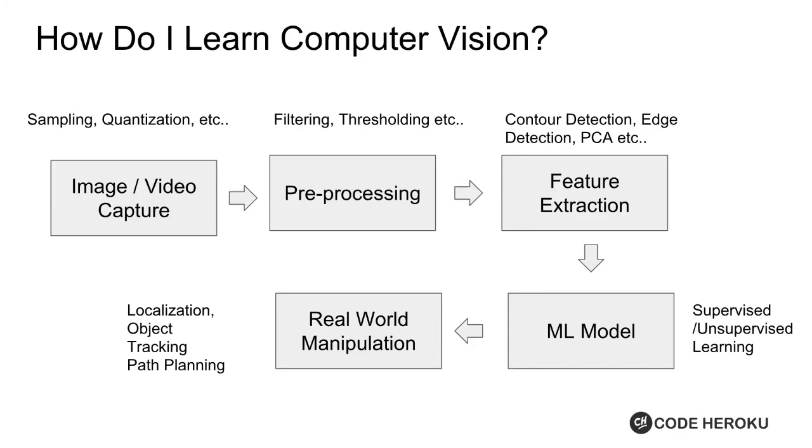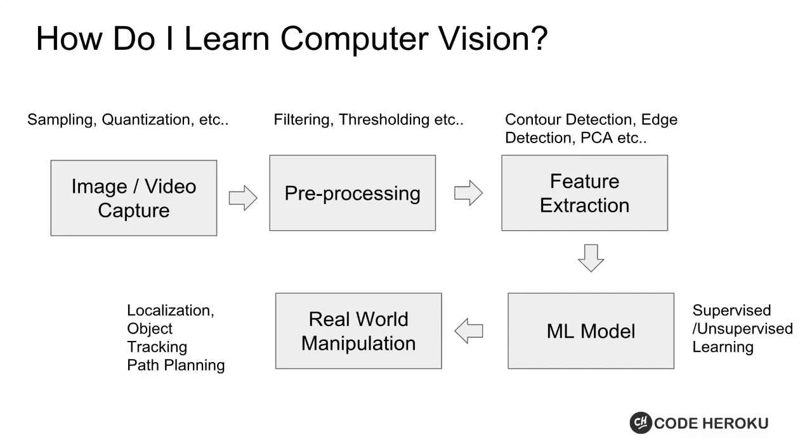But what you could do now, at least, is you know what the stages in the computer vision pipeline are. And maybe you might not be interested in the first three phases over here. You might think that this is a boring part. You just take an image and you work with it. You might say, you know what, I'm just going to stick with my machine learning, irrespective of whether it's an image or a voice. I don't care. I just want to work with machine learning models and I want to build some machine learning algorithms. So fine, then you can stick with that.